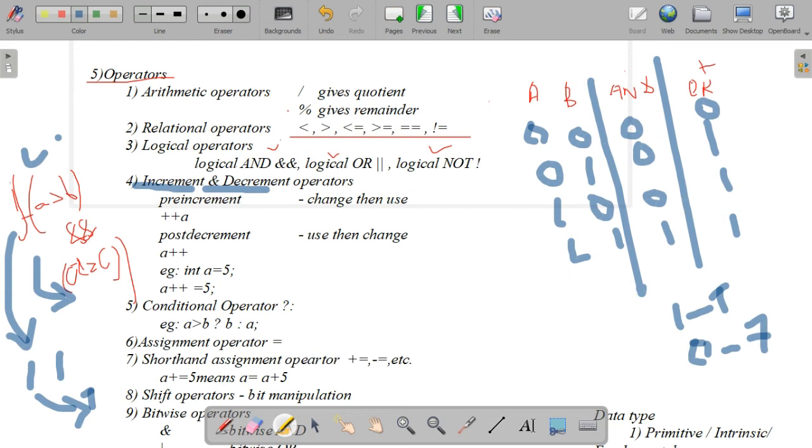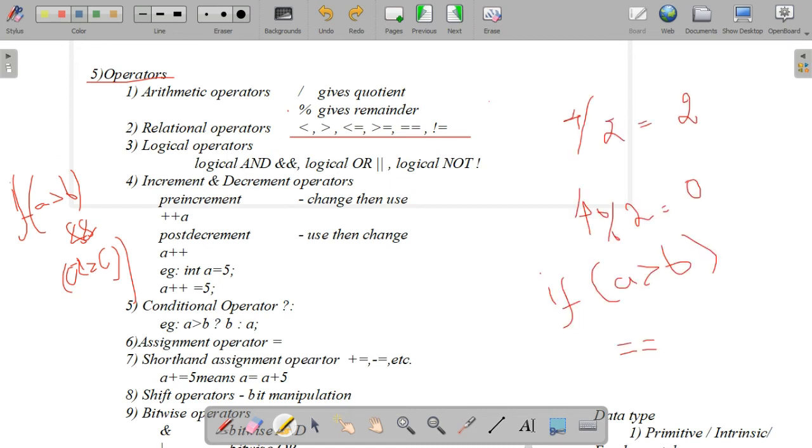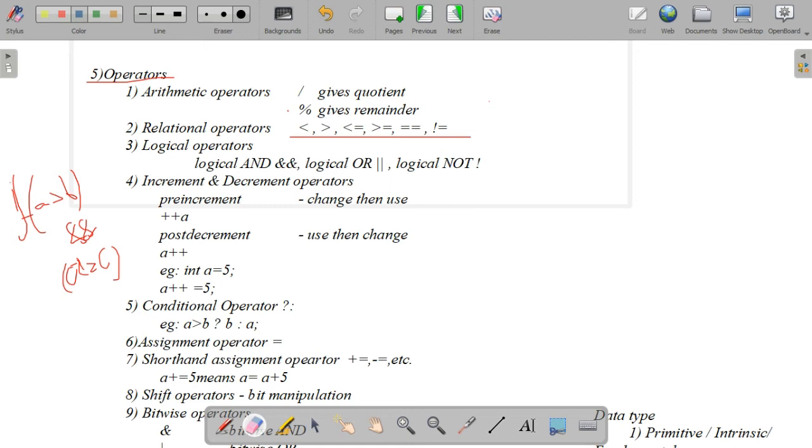The next one is the increment and decrement operator. Increment and decrement has two versions: prefix and postfix. Prefix means pre-increment or pre-decrement. It has a rule: change then use. Change then use means first we increase the value, later we use the value.